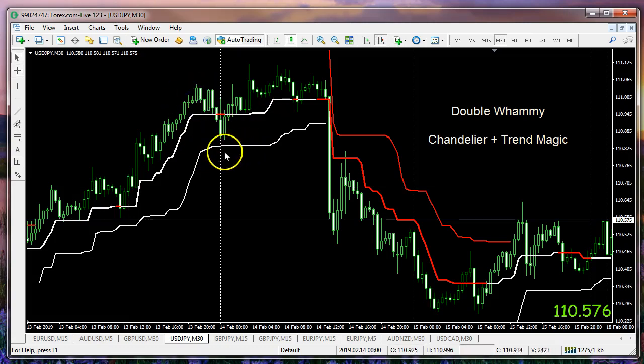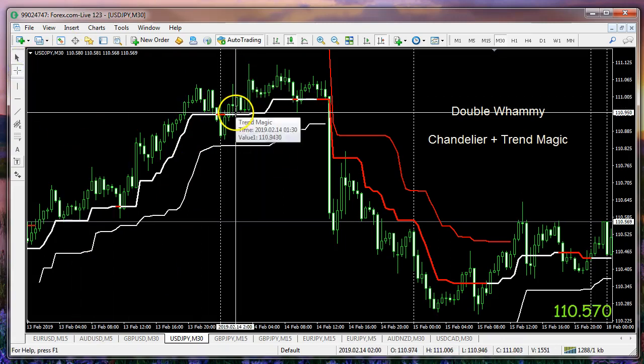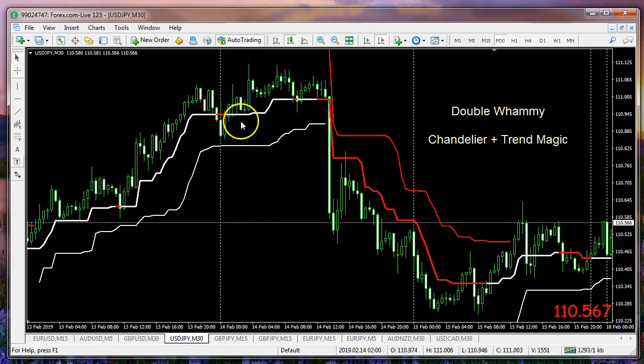It came back down. Once again, you can see it tested the chandelier but didn't take it out. So even though we had this little red, the chandelier just helps me to trade Trend Magic more carefully and safely. Here we go here. We had even a little bit of an uptick of 17 or 18 pips into the Friday morning early session,